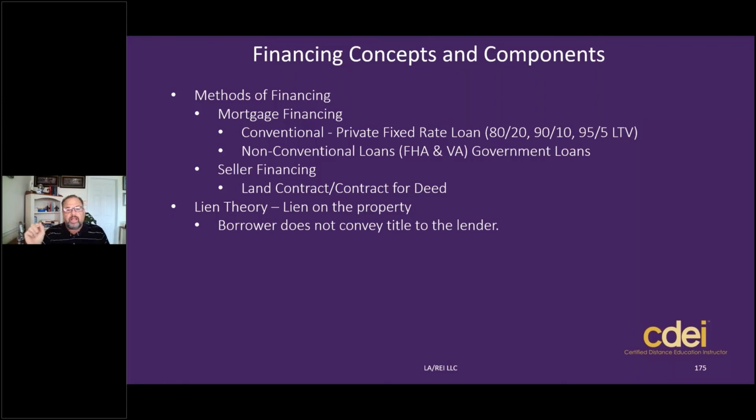Although it's recorded in land records, you can get a copy of the deed. You have legal title to the property. That's ownership. The bank doesn't. They file a lien on the property. Now, the borrower does retain title to the property, but allows the lender to put a lien on the property. That term is called hypothecation. You may see that term on the exam too.